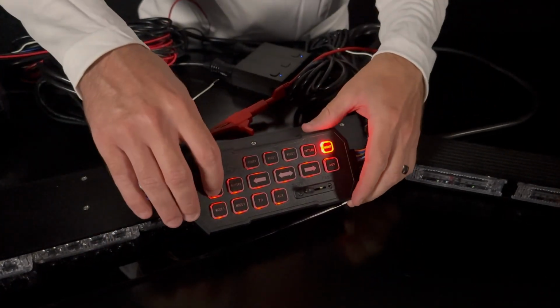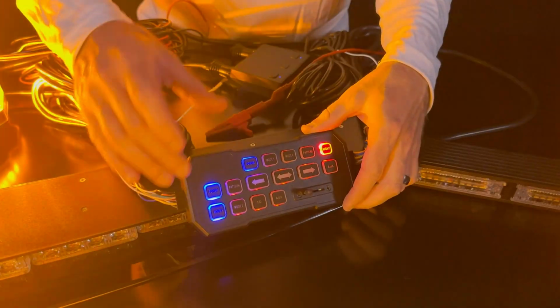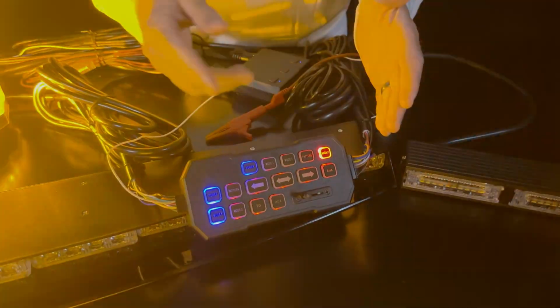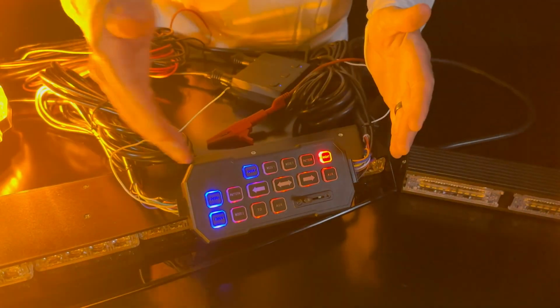I'll go ahead and unplug my white cable here, and then I'll activate my night mode via button. You'll see when you activate the features on your control box that those buttons will light up blue. So you have the perfect option whether you would like to use your night mode button or if you would like to hardwire. So that covers our